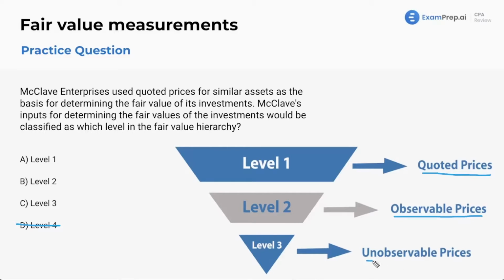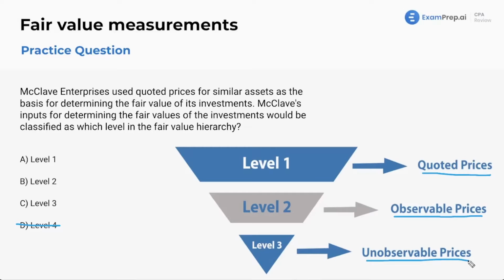Lastly, level 3 is anything that's unobservable prices. This would be an amusement park that is super authentic, unique. This would be something so out there that you just can't compare to anything else, really. Maybe this is the cure for a disease. You can't really put a price on that, right? You don't really know how to value it based on another input.